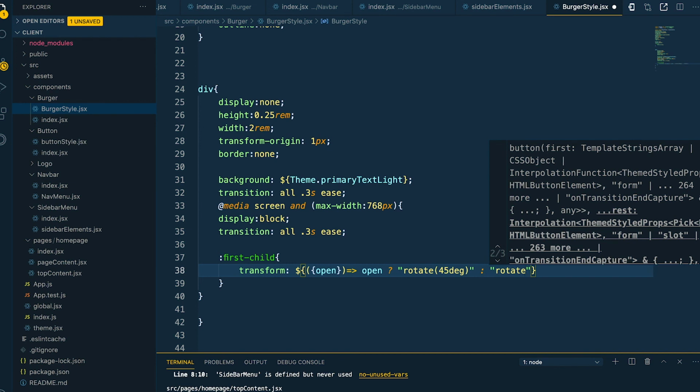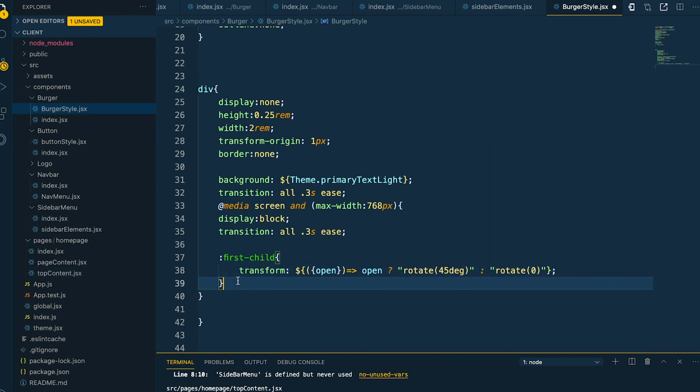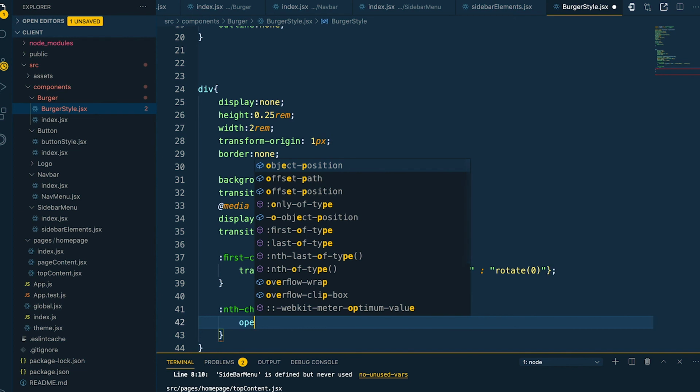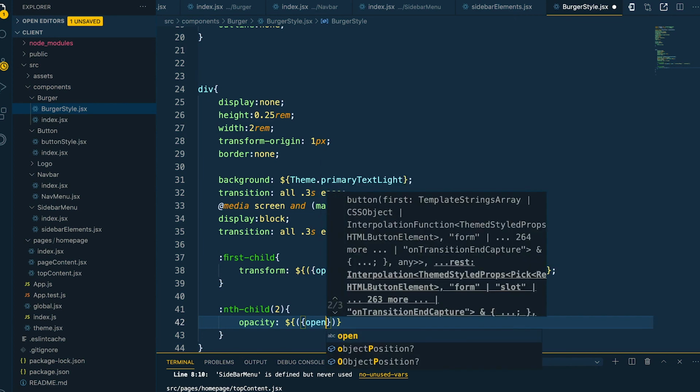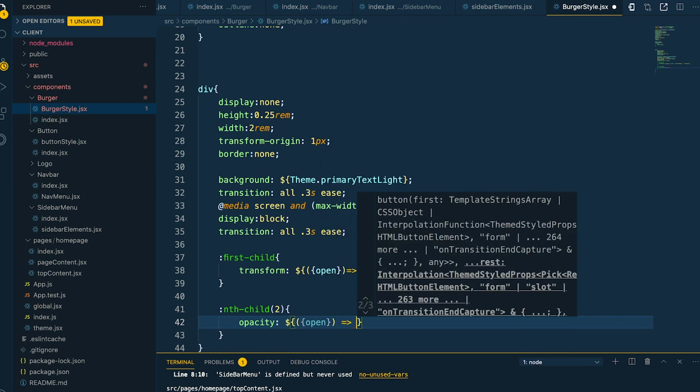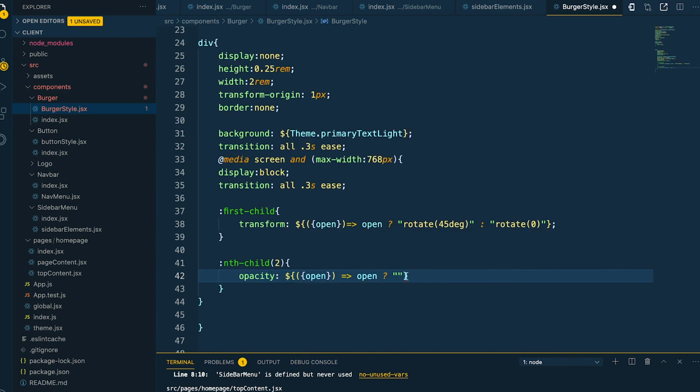Or rotate 0, rotation will equal to 0. So if it is here opacity equal to, if it is open, so here we have 1 and 0, I mean, to 1,